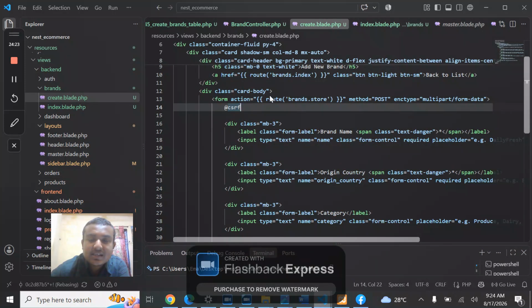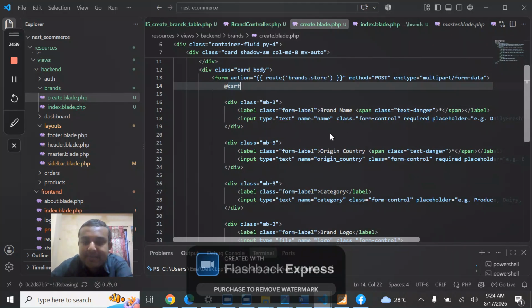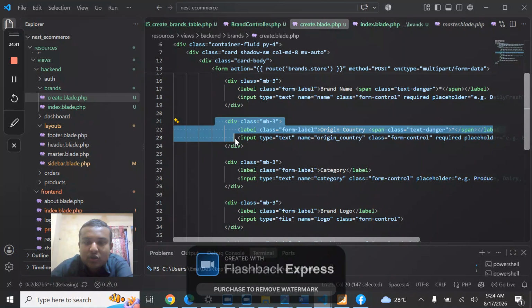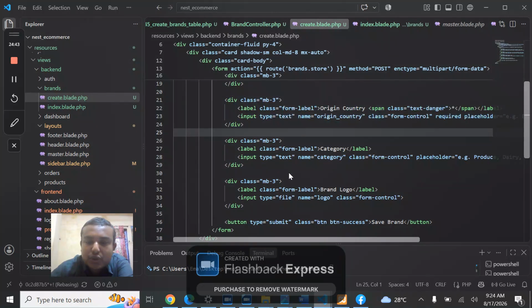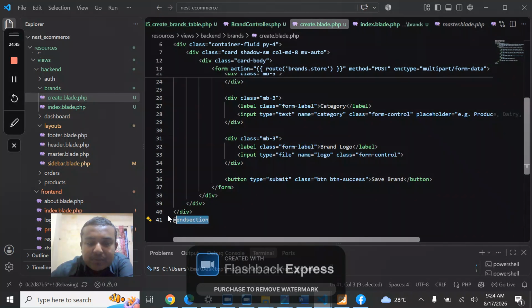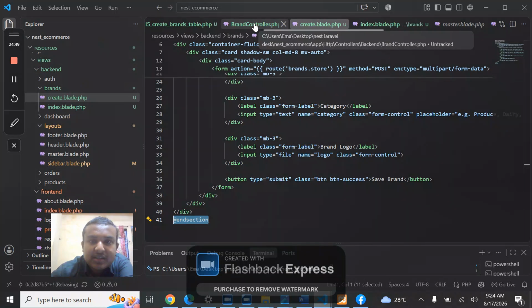So from the section route brand.store, after that we have to give a post method in the form, and the multiple form data, we will need every data. After that, the brand name, origin country, the normal HTML tag, normal HTML code. After that, we have to end the section, and after saving the product, if I go to the controller,